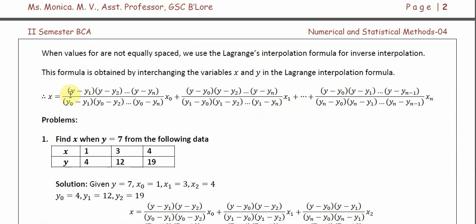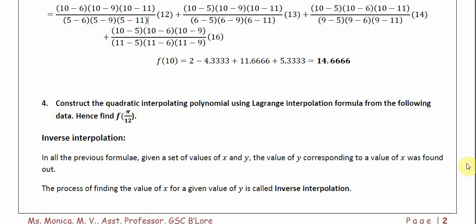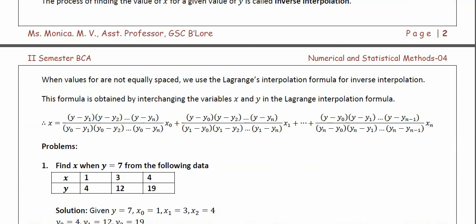x is equal to, you can see the terms here now, y minus y1, y minus y2, y minus yn, y0 minus y1, y0 minus y2, y0 minus yn. ಇಲ್ಲಿ f of x0 ಬರ್ತಾ ಇತ್ತು, ಅದನ್ನ x0 ಮಾತ್ರ. Similarly, here all y values are there. ಇಲ್ಲಿ f of x1 ತೆಗೆದು x1. Similarly, here f of xn is going to be xn. Same thing, formula ಕ್ಕೆ ನಾವು apply ಮಾಡೋದು while solving the problems. Therefore, we shall see what about the problem.